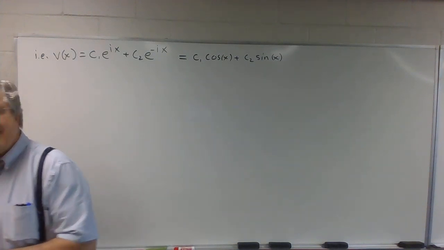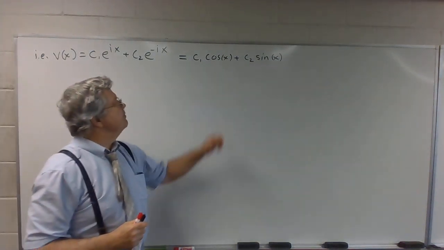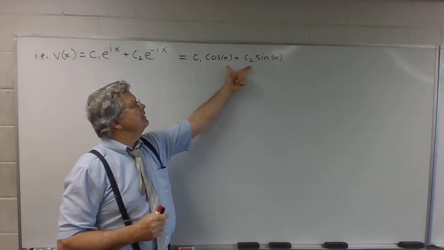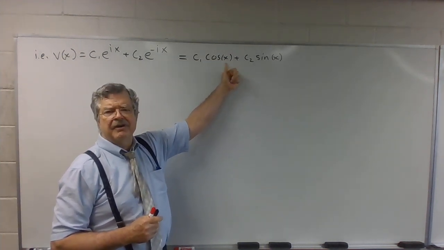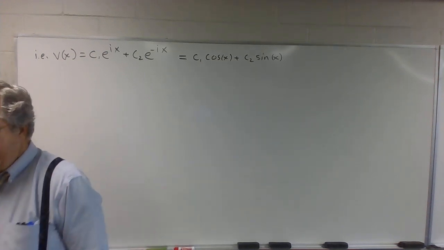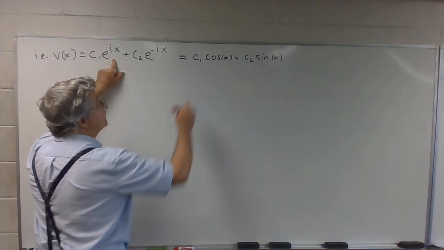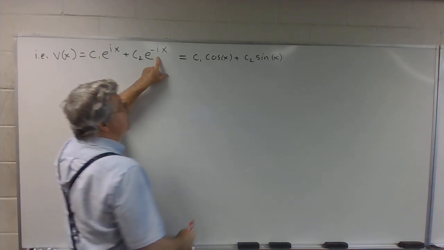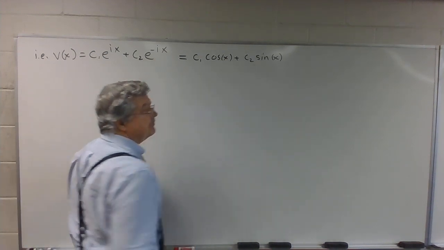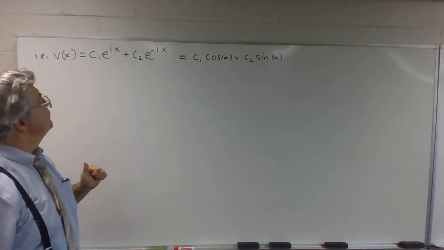The general complementary solution to that equation is also given by the set of all linear combinations of cosine of x and sine of x. Now, in setting these things equal, am I insinuating that e to the ix and cosine of x are the same, and that e to the negative ix and sine of x are the same? I'm not. I'm just saying that